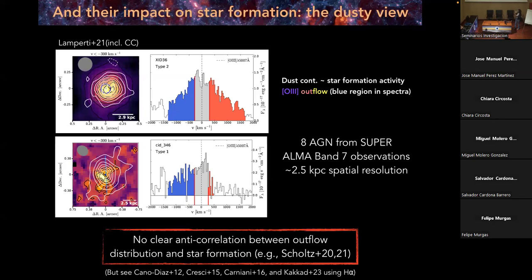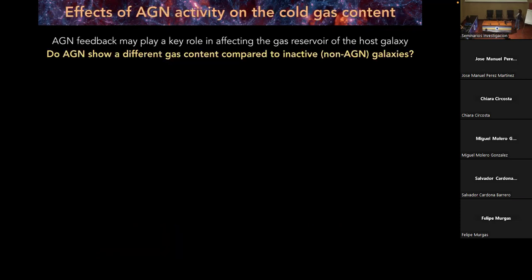So probing this kind of effect with the direct tracer of star formation rates, such as the dust continuum, is quite difficult. So what can we do next? We can turn our attention to the cold gas reservoir, because any effects from the AGN will have an impact on the gas reservoir first, and then on star formation as a consequence. So if we start with the idea that AGN feedback may play a role in affecting the gas reservoir of the host galaxies, then we can ask ourselves this question: do AGN show a different gas content if we compare them with a control sample of inactive or non-AGN galaxies? If we look at the literature,